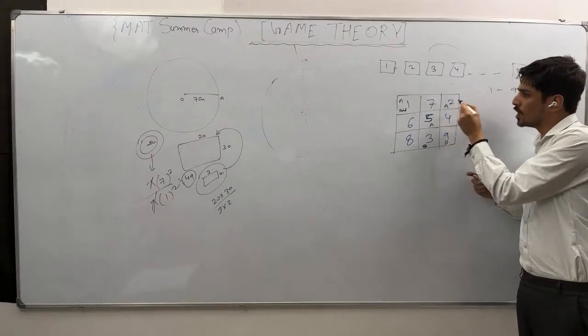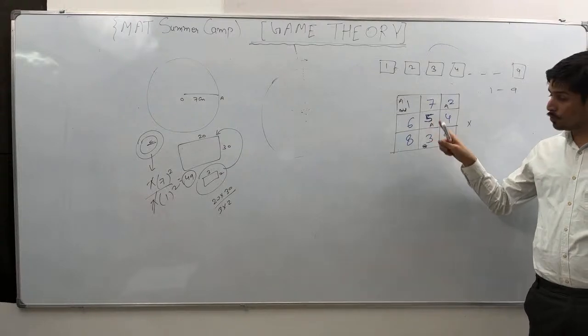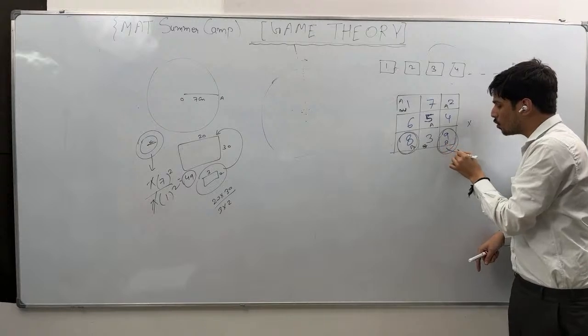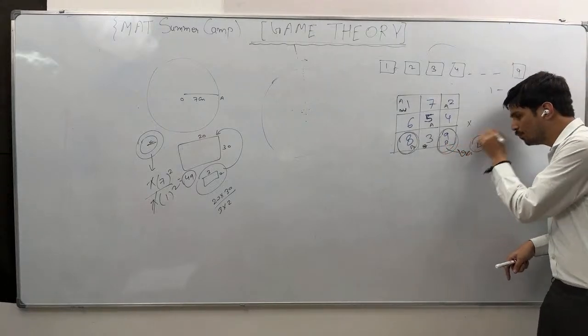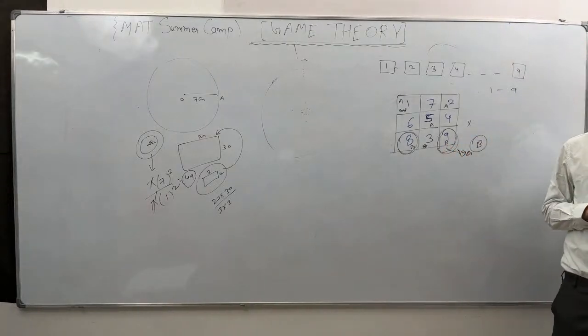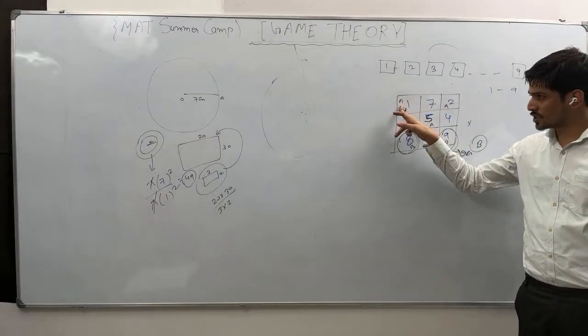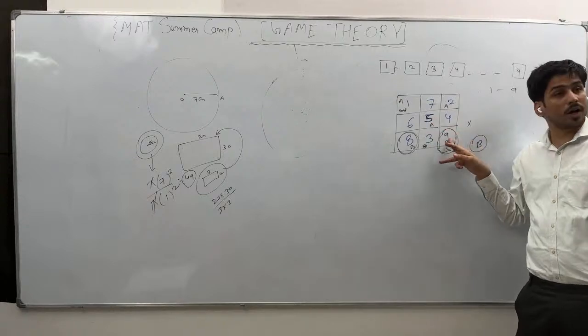Now A will try with this. 5 plus 2, 7. Now B knows that he will take. It means this diagonal's last element will always be in the hand of B. Are you getting it? Because it is going alternately. 1, then this will be taken the third time. First, then third, then B already has the option.